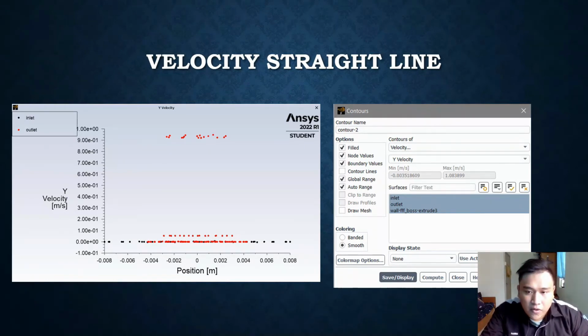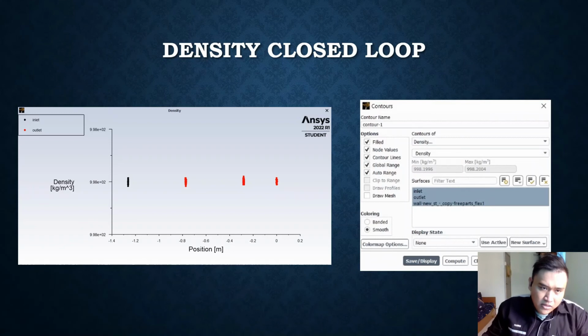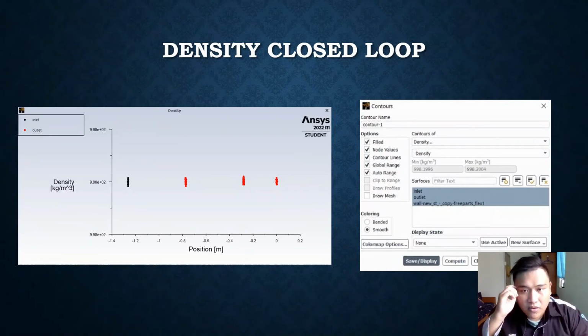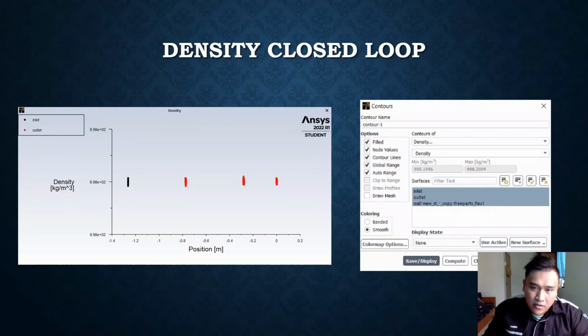Okay, now to the next slide. There is density for two configurations. For the closed loop, the density of the water, as you can see, our team made 4 points for the density calculation, and as you can observe on the graph, the density point at each point. Then on the right side, you can observe the density on the closed loop, the maximum is